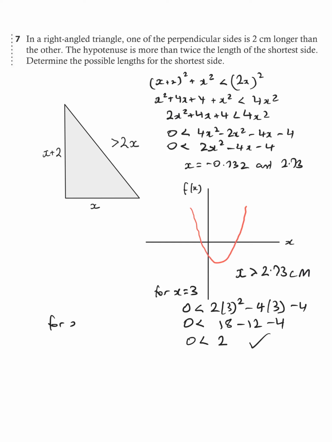Let's have a look at x equals 2. 0 is less than 2 times 2 squared minus 4 times 2 minus 4. Okay, so that's 8 minus 8 minus 4. 0 is less than minus 4. And that's not true, as we expected. So the solution is